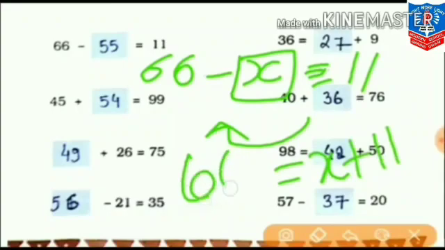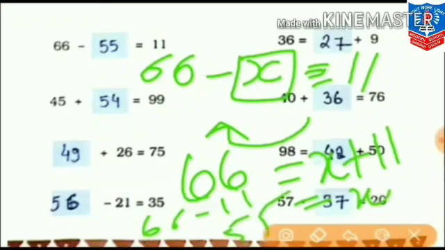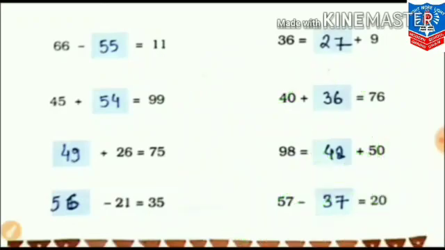हम हायर क्लासेस में सपोज करते हैं वैल्यू x. हम वैसे भी कर सकते हैं. 66 is equal to x plus 11. तो जब the digit will go this side, it will become 66 minus 11. So you'll get the answer as 55. Okay, or you can do in your own simple way if you don't want to calculate it that way.